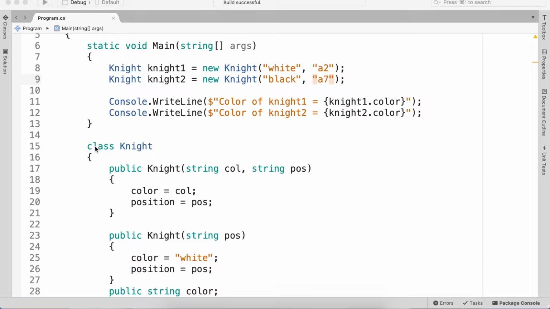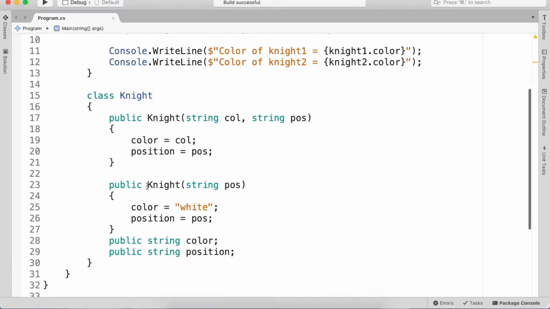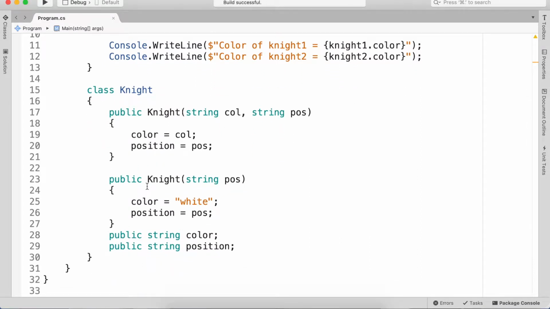Today we're going to be talking about class methods. As we already know, a class is a data type which consists of data and code. In our example, the one we worked on in the last video, the data in the Knight class is represented by these two variables, color and position. Those variables are called fields,